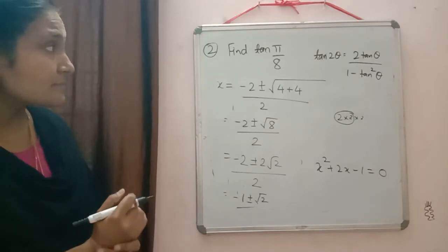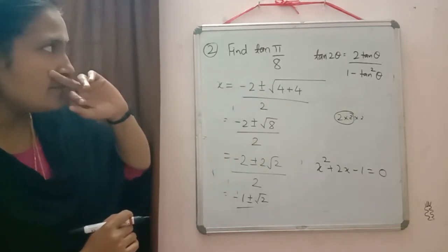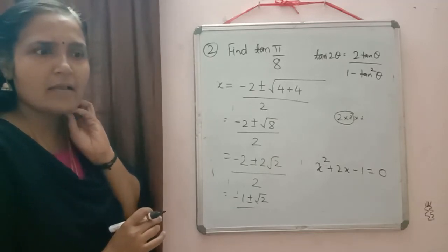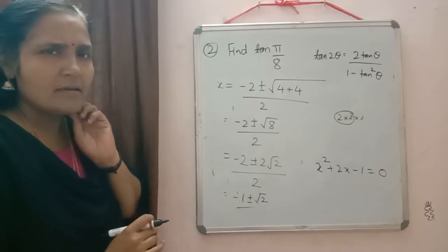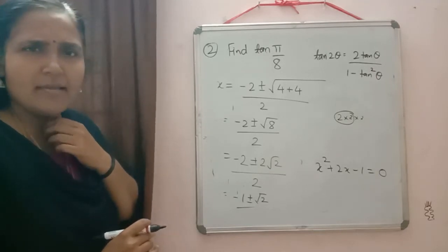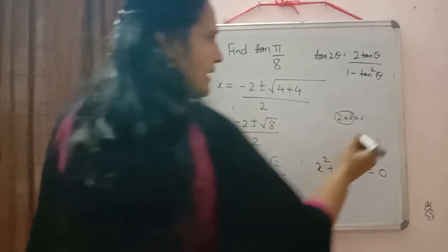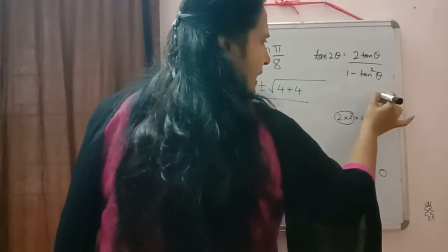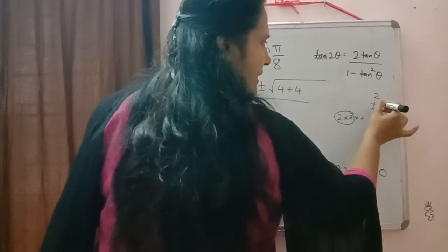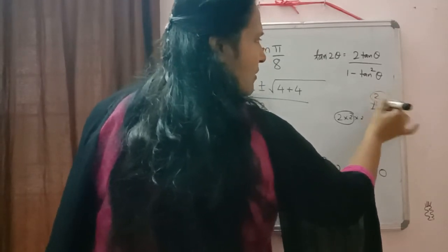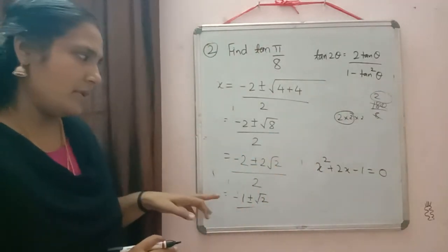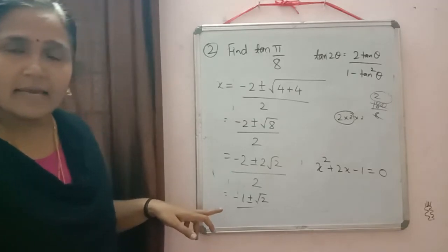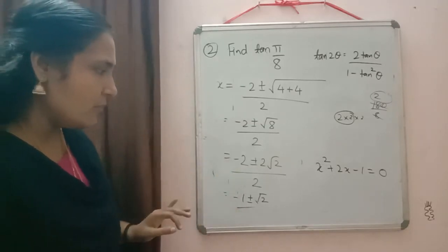But here it is tan pi by 8. Pi by 8 means how much will it be? What will be the value of that angle? If you work it out, yes, it will be in the first quadrant only. Tan pi by 8: pi means 180 degree. 180 by 8, if you cancel it, 8 2s are 16 will come, and then 2 will remain there. So it is in the first quadrant only, and in the first quadrant tan is positive, all are positive. So we don't need the negative value there.